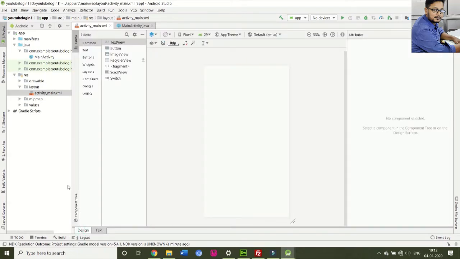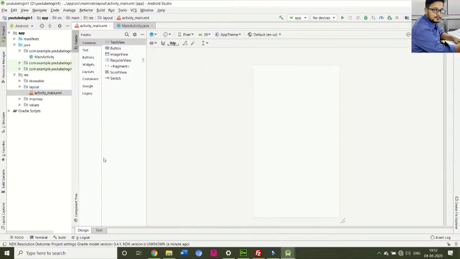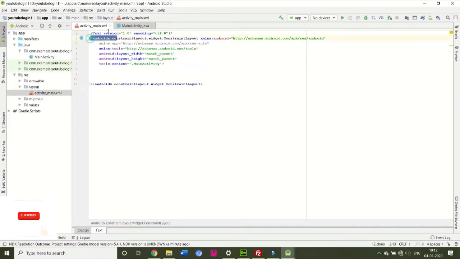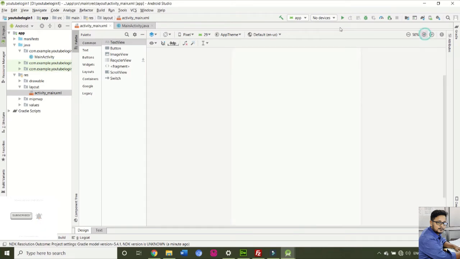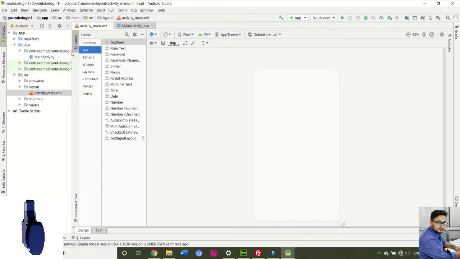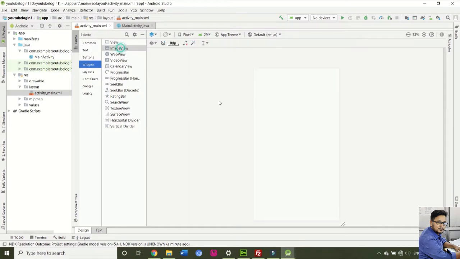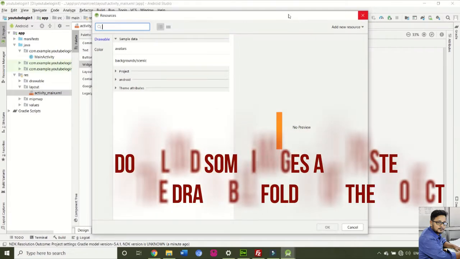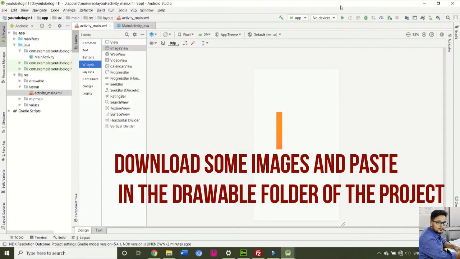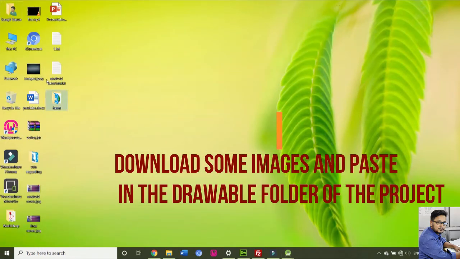Go to design. Right now I have only a layout that is called constraint layout. What I can do is add an image here. Go to wizard, go to image view. But before adding the image, let me drag all the images which I downloaded from the internet to my project. How to do that? Just minimize this and go to